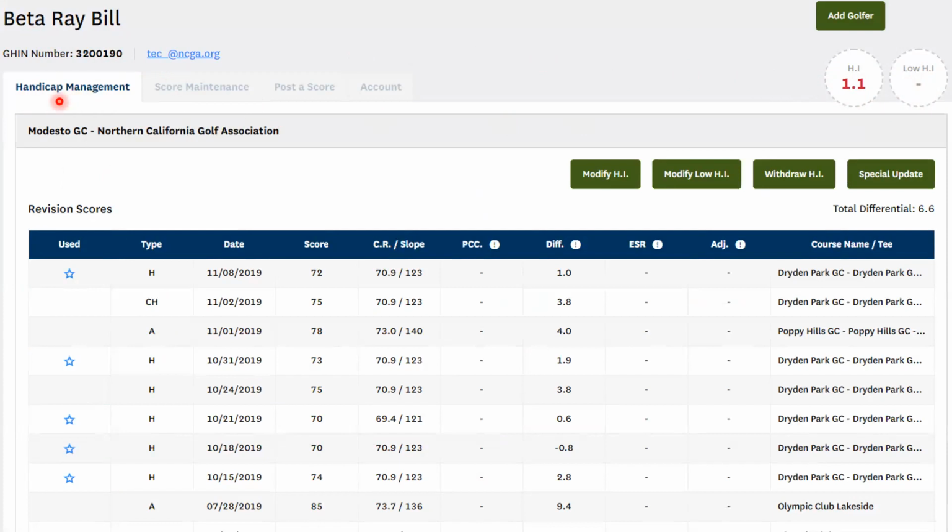And by default, it's going to take you to the golfer's handicap management. There's a maintenance tab, a post score tab, and then a third tab, which we'll cover later in this presentation. Down below, when you're looking at the handicap management tab, it's going to display the golfer's revision scores. So everybody should be familiar with these columns. The used column, which is going to indicate which scores were used to calculate the golfer's handicap index. The type column: home, away, competition. The date played, the score, the course rating, slope, the differential, also the name of the course and tees that they played. As with the earlier presentation on the WHS, some of the new columns are the PCC, ESR, and